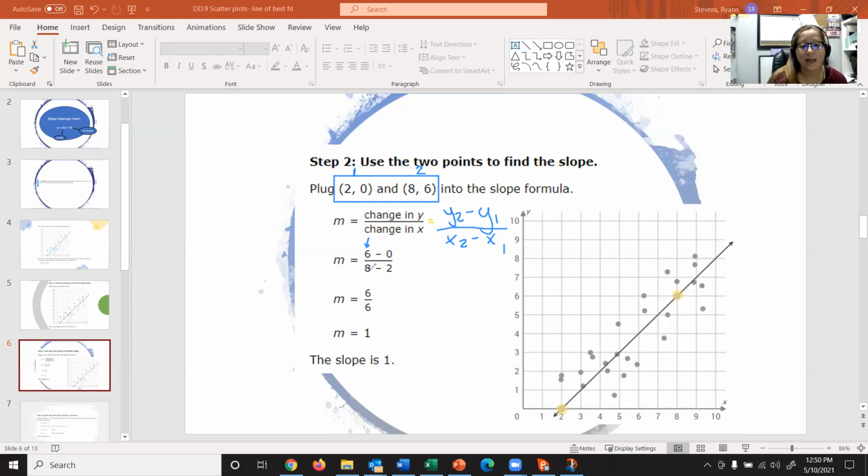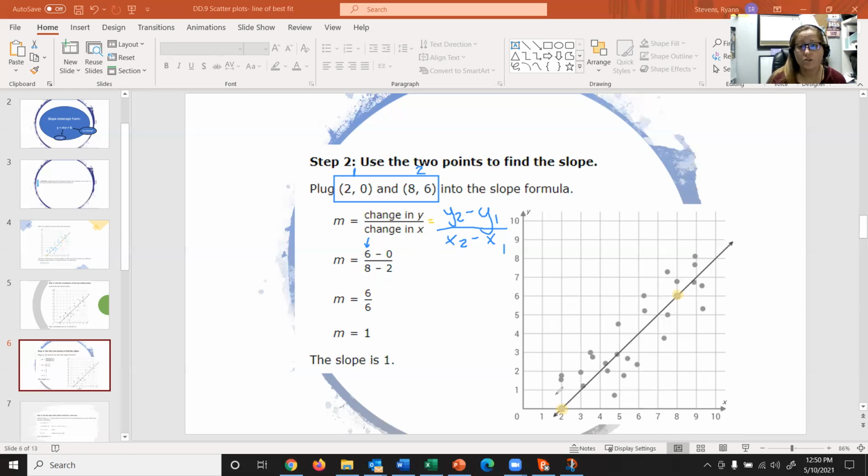And then we would say that 8 minus 2 is going to give us 6. And then when we reduce this, we would say that my slope of this line is going to be 1. Another way you can do it is we can say from these two yellow points, we can count the